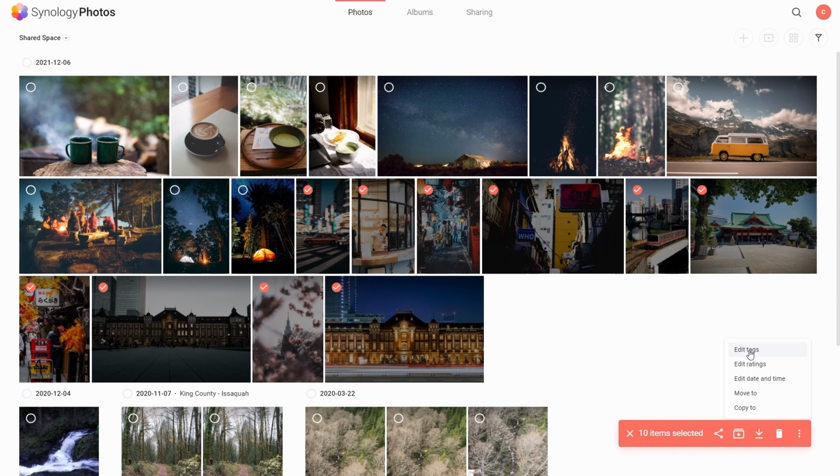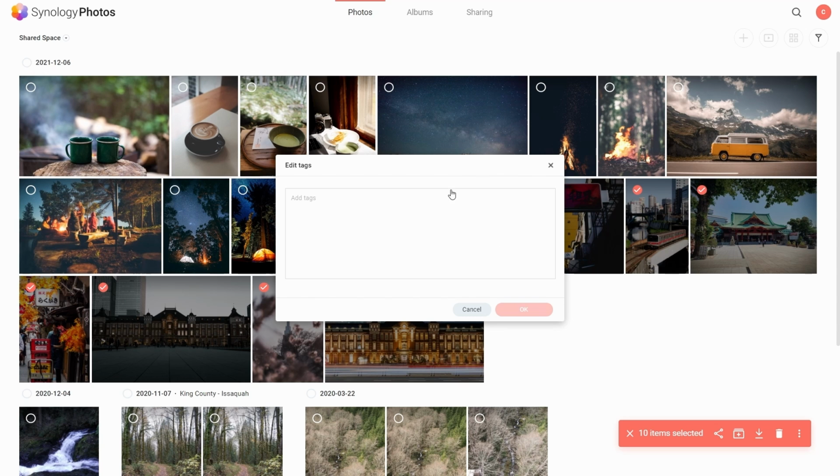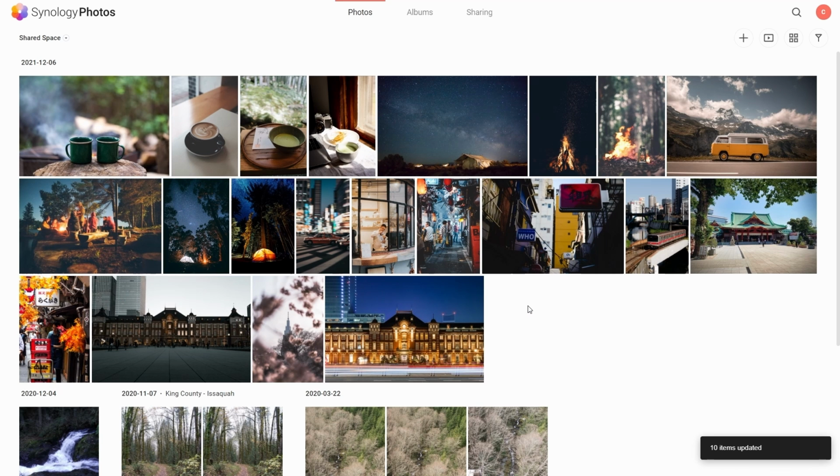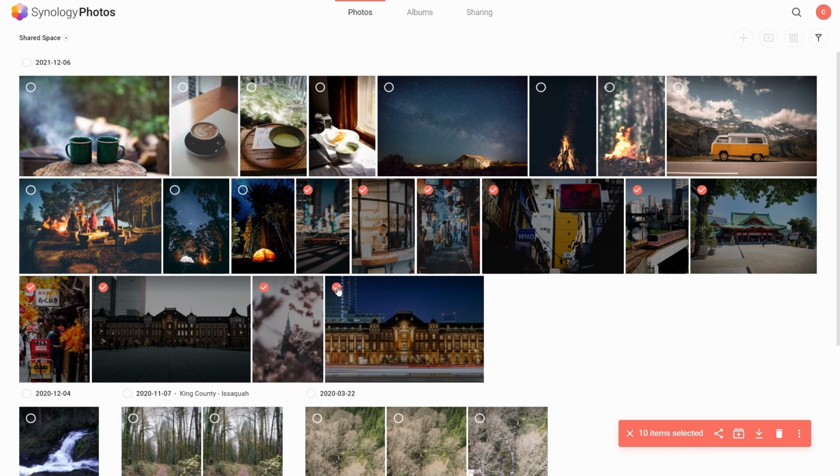So we're going to hit the three dots on the bottom right and hit Edit Tags to add tags to these photos. We're going to add these photos to a greater travel album in our case here. So we're going to name this Tokyo trip with the tag here, and we're going to create a greater travel album for all these photos for every time we go and travel the world. So what we're going to do is select all the photos once more and add them to an album, and we're going to create a new one.